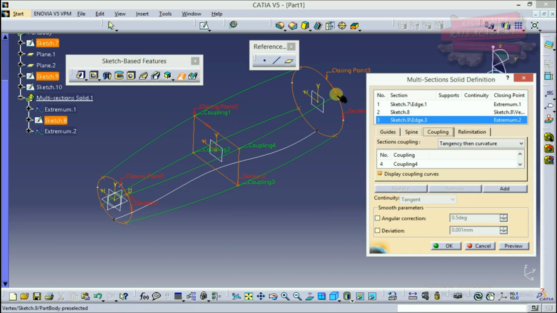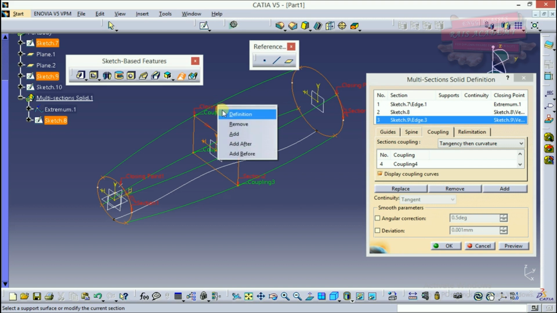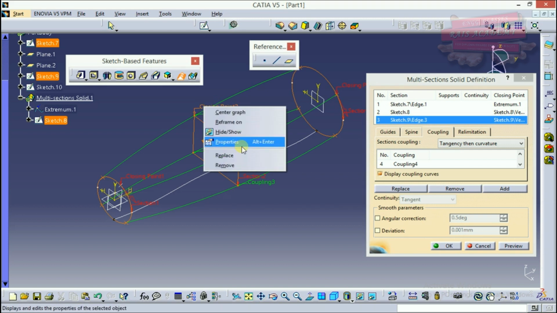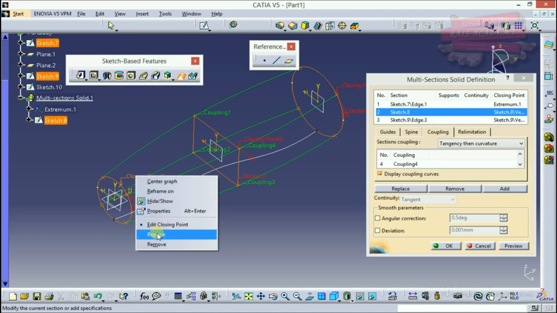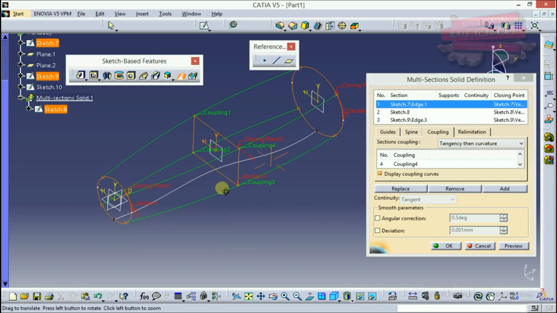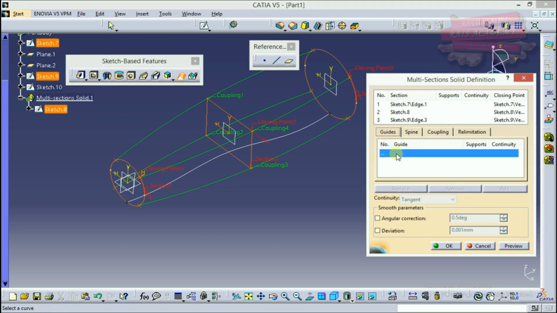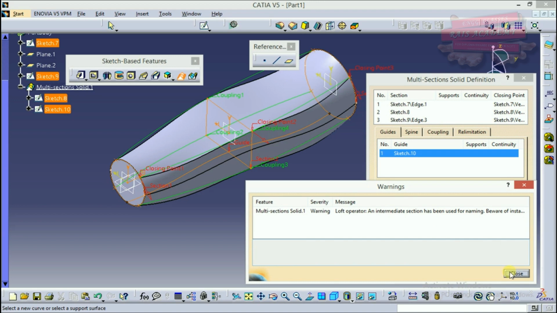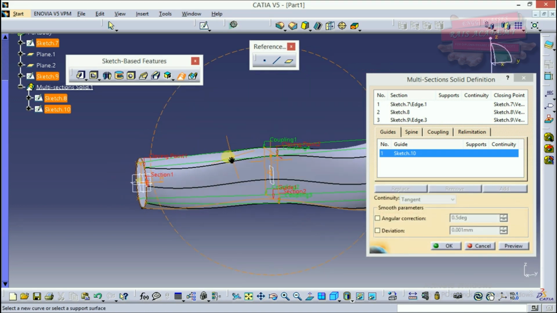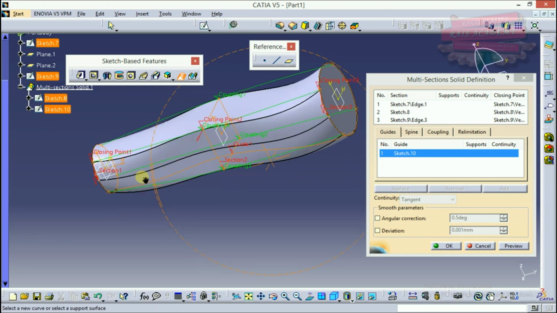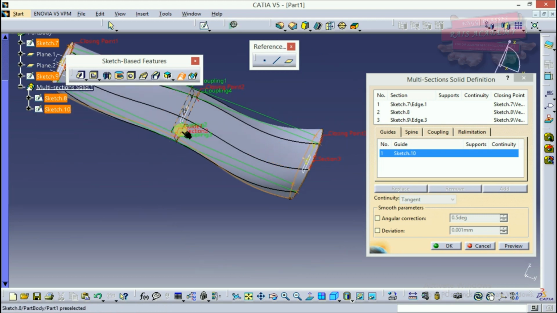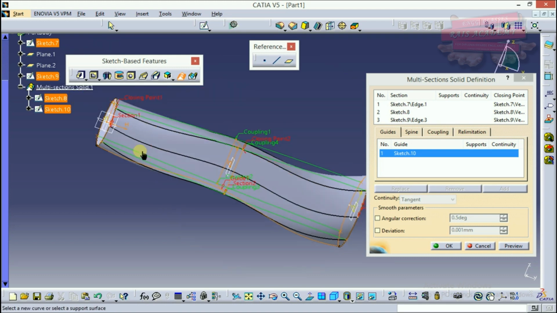I haven't placed the closing point, sorry. I'll just place the closing points with the corresponding vertices. Replace, I'll place it over here. Okay, now what I'll select is the guide curve. I'll click on preview. Okay, so now I'll get a coupling which is using this as my guide curve, and these are the three profiles.